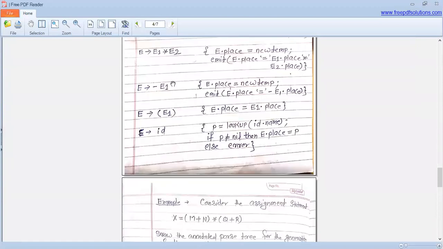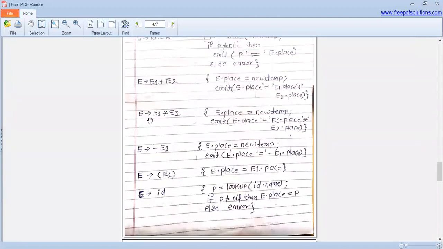Then you go to the production E1 plus E2. Here we are using E1 and E2 to differentiate between the E and E1. But here the actual production is E derives E plus E. So here when we find the reduction, E plus E reduced with the capital E, then E dot place is equal to new temp.